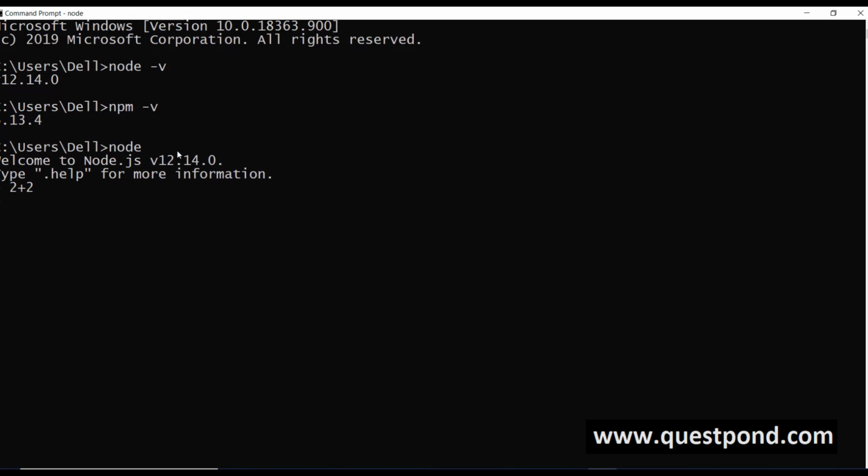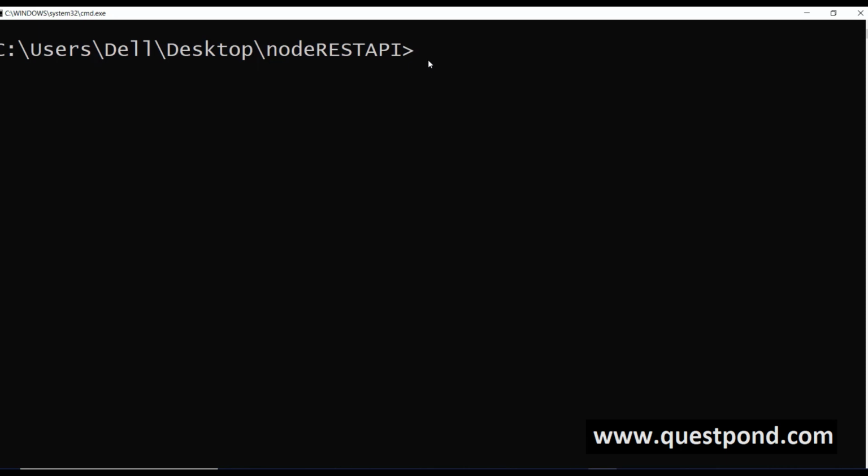Make sense? So yes, we have installed Node.js correctly on our local machine. Now let us try to create our first Hello World application. We will be creating a Node.js application from scratch, and for that first we have to create a Node.js application. So over here I'll open up my command prompt, and I'll navigate to the directory where I